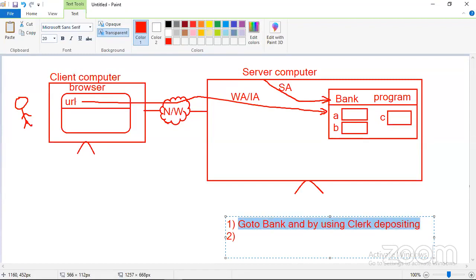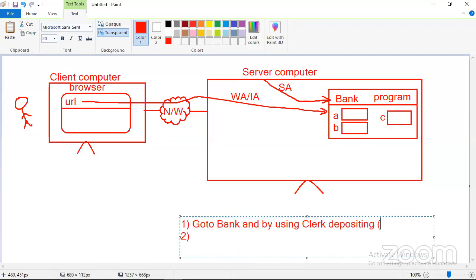Is this a standalone application or a web application? Everyone should answer, both people watching from YouTube live and from the Zoom link. It is standalone. Why standalone? From your home, you go to the bank, and then use the clerk to deposit. Then this is a standalone application.